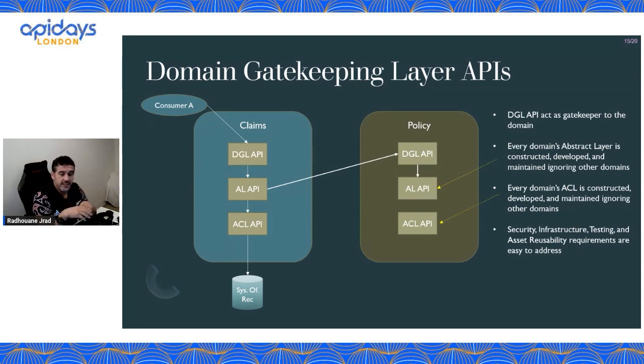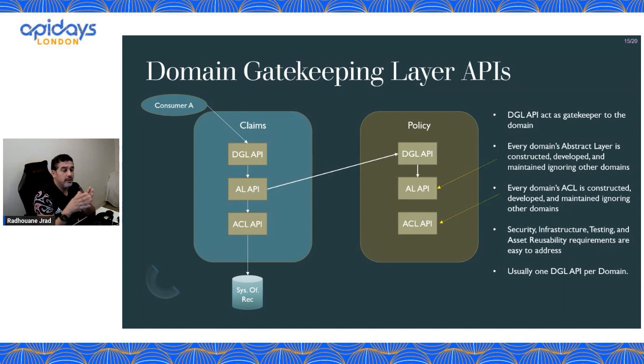And they can organize that, they can sort it out internally. So any changes inside the policy domain, the other domains are oblivious to it. That reduces the regression testing, the dependency, the cost of enhancement and modifications, and that increases your access to market. So you react very quickly to the market. If you need to offer something new in terms of policies, you can do it quickly. You don't have to worry about it as consumers, okay?